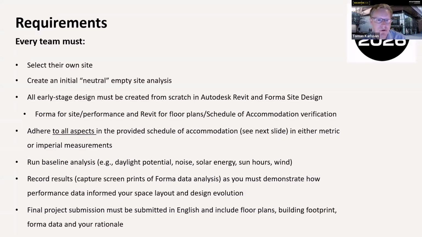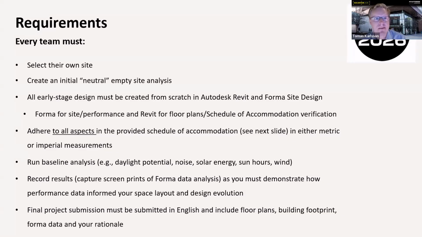We'll cover a bit later on what specifically to include, but just high level, you will need to include floor plans, the building footprint, and your data together with a rationale for why you've taken certain design decisions. I know this is a fairly long list, a lot of text at once, but as I mentioned before, we will also send this information out.